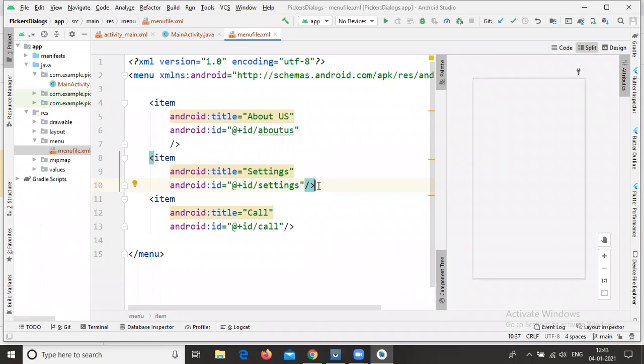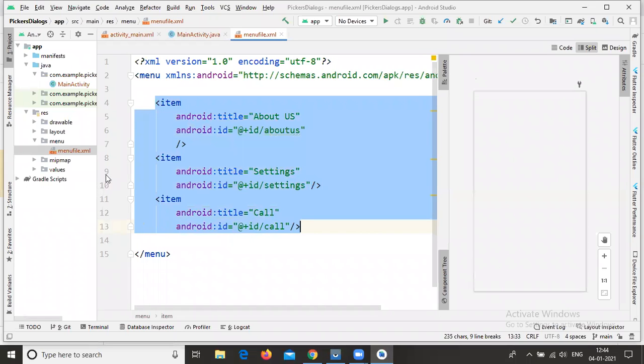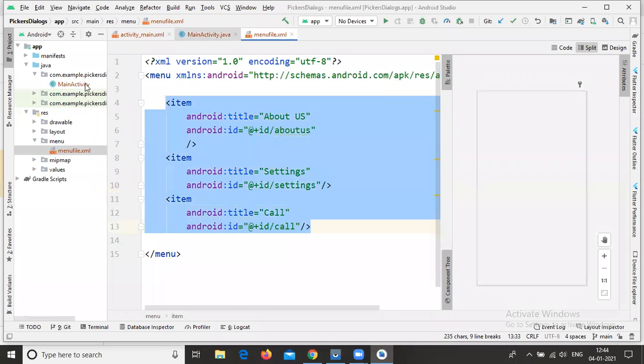I hope you all have completed up to this part. Now the next part is that we need to configure these items inside our Java activity. We have completed the items creation part, now we need to configure them inside your Java file. We have the Java activity, that is the MainActivity.java file, available in our Java folder.